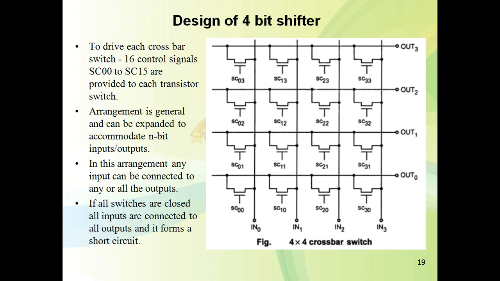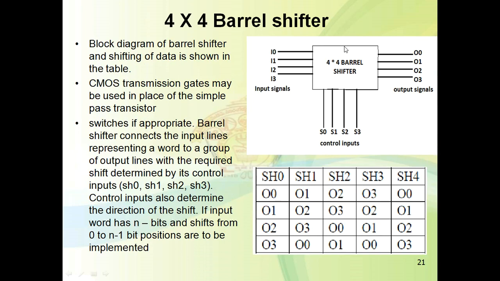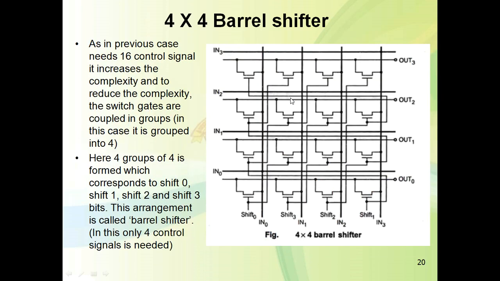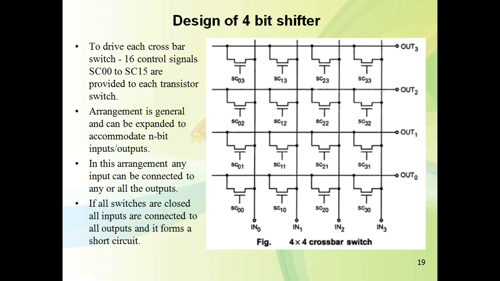Okay, so this is one approach. This is the 4-bit shifter. Here you can see there are 4 input lines, 4 output lines and the control signals. The horizontal lines are the input and output data lines, and the vertical lines are the control signals. So we'll see once again what the 4-bit shifter is. This is one approach of the 4-bit shifter. So these are the data lines. See here, this is an output line, this is an output line, this is an output line, this is an output line, and this is the input.